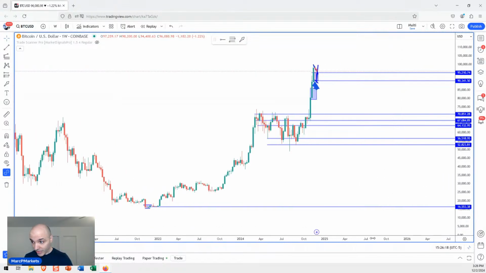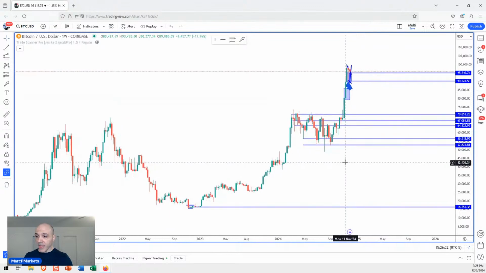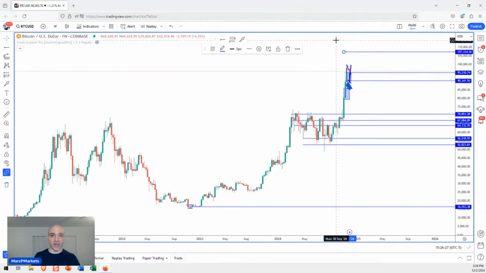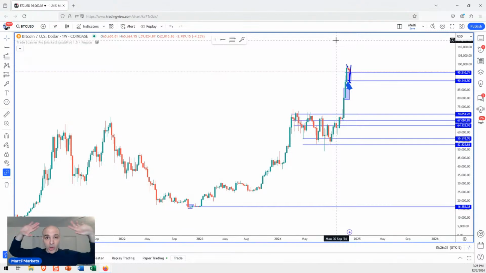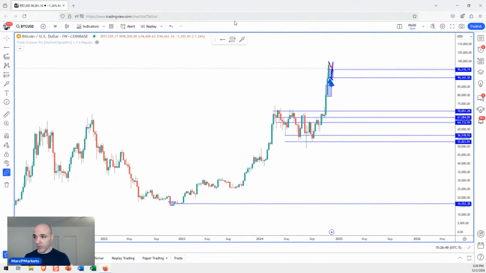I'm seeing a lot of them. So when I go to the weekly chart, let's say we have the 5th wave. Let's just say the 5th wave completes around 100K or maybe a little higher. And everyone is like, this thing is going to 200K, right? The whole world thinks this is the safest bet in the world. If that peaks, what could we pull back to?